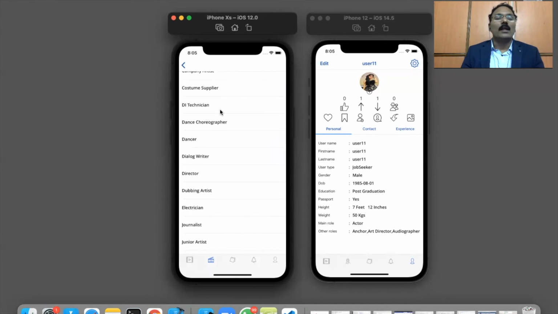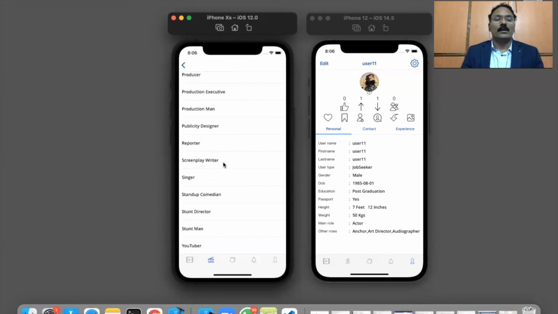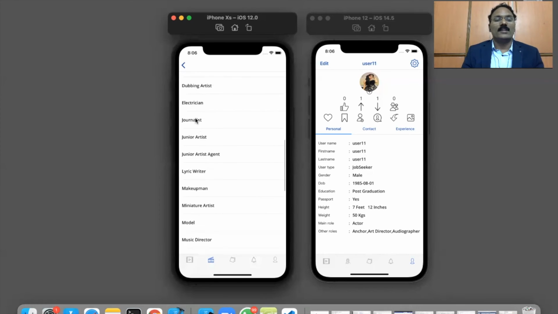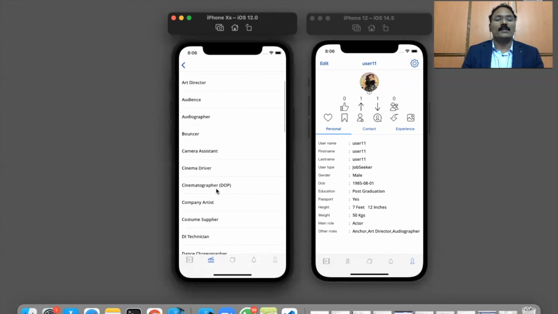Some additional roles I have added: DA technician. Not only 24, some newly added categories I added: singer, stand-up comedian, stunt director, stunt man. Means this app is for media and entertainment industry. You can see everybody here: journalist, dubbing artist, director, everybody is here.